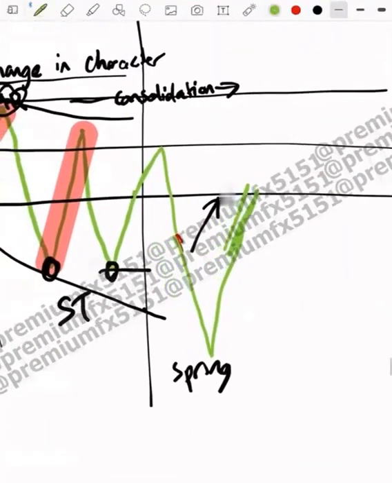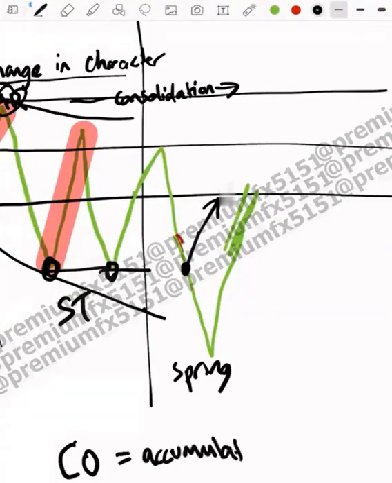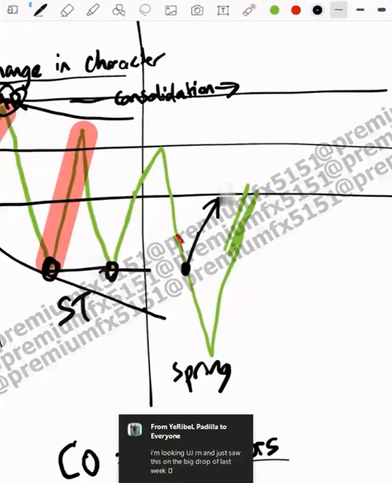What are those weak-handed buyers? As I mentioned earlier, they are going to be entering here, for example, because they see that double bottom, they see those as a support level, and therefore they are looking at that as a sensible buy opportunity. But what is the difference between the composite operator, CO, which is the parties involved in accumulation, the accumulators? Those are the composite operators. Those are the people who are directing the market right now. They are the ones putting in the big money, and they are the ones trying to control the market, the composite operators, versus